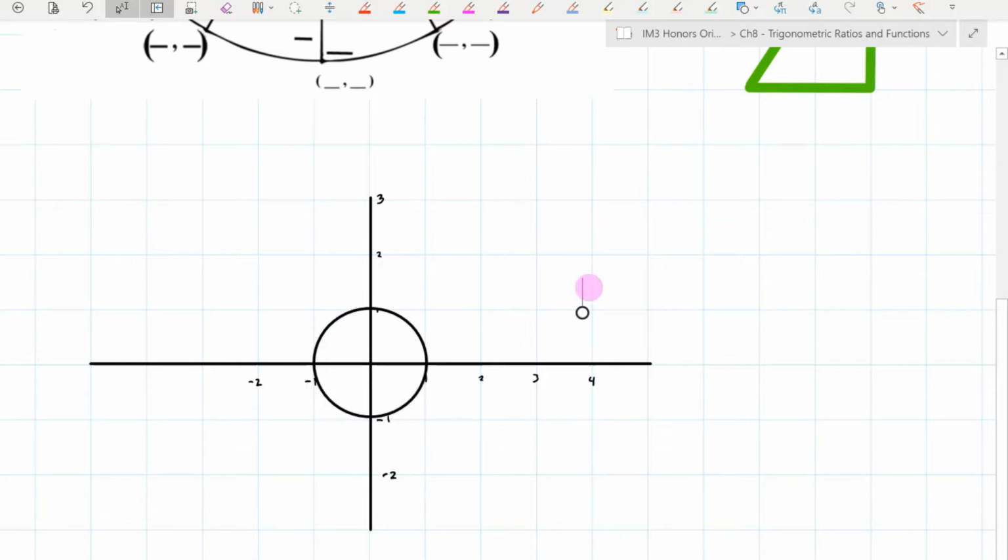If you have this, this is considered a unit circle, okay? And the reason it's considered a unit circle is because it has a radius of 1 unit, okay? A radius of 1 unit. So that means